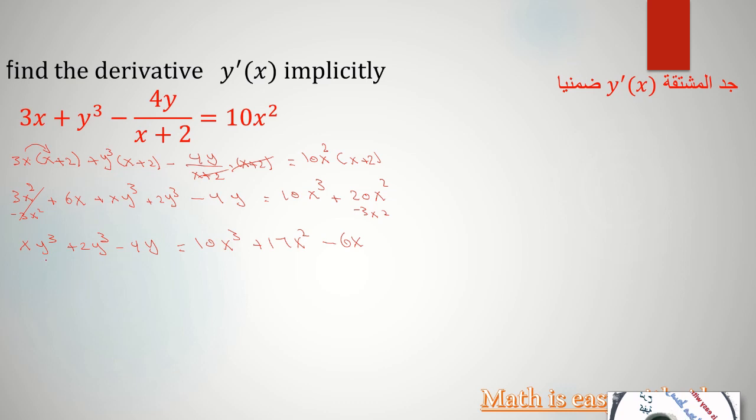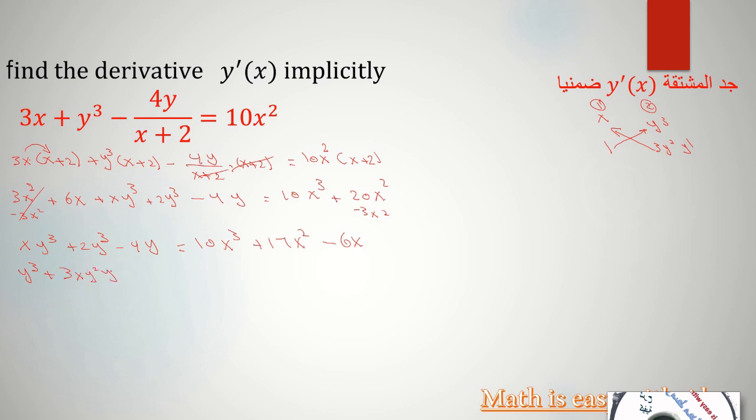So now let us take the derivative. Here we have two functions. First one is x and the second one is y cubed. So the derivative of x is 1 and the derivative of y cubed is 3y squared y prime. Now use the product rule: the derivative of the first one times the second function, so it will be y cubed, plus the derivative of the second function times the first function, so it will be